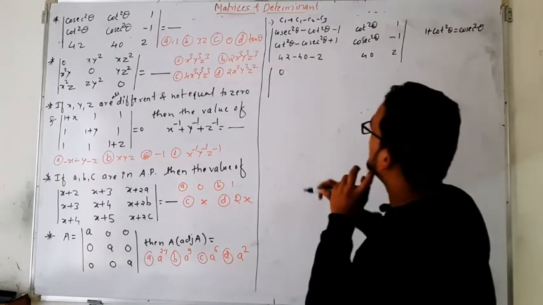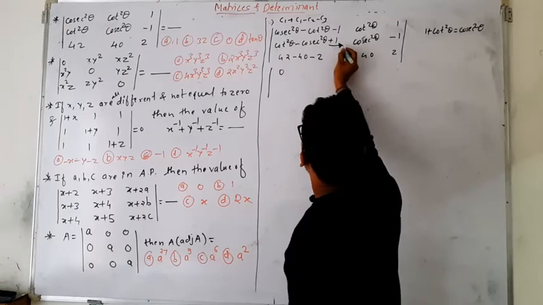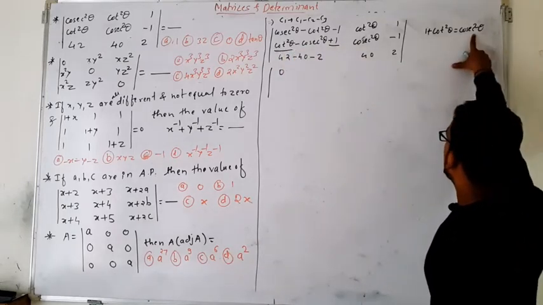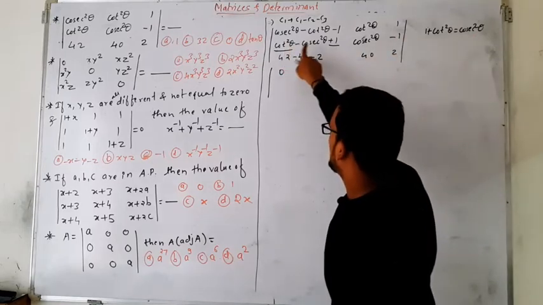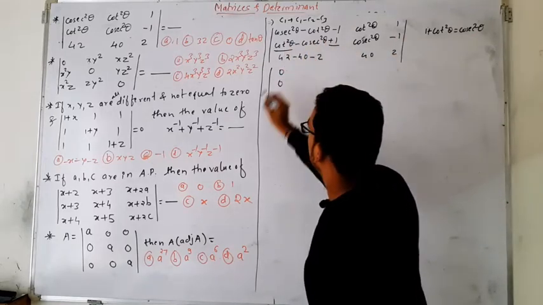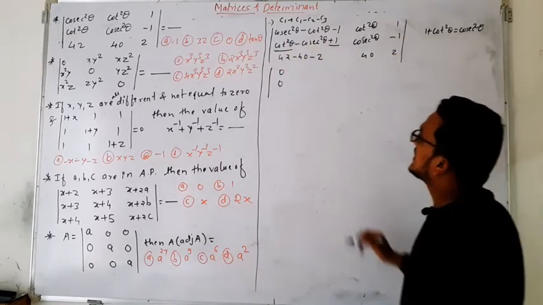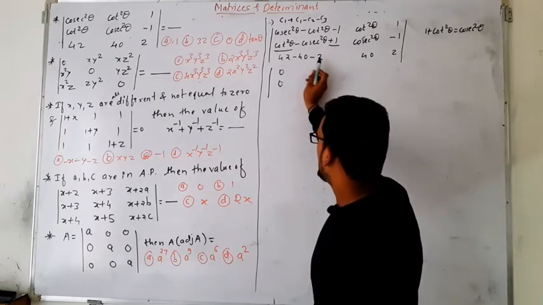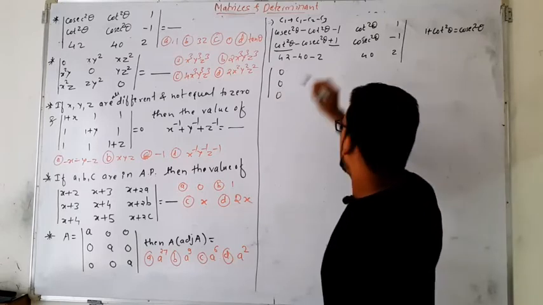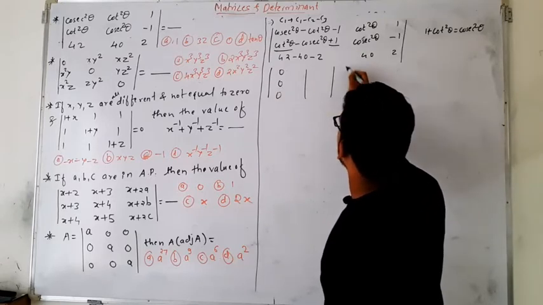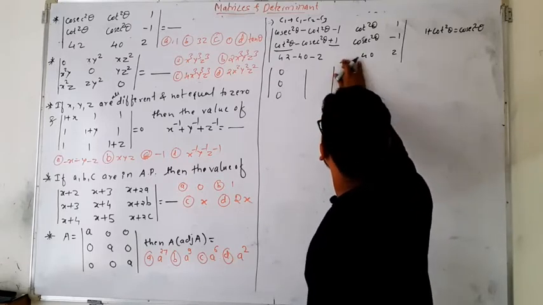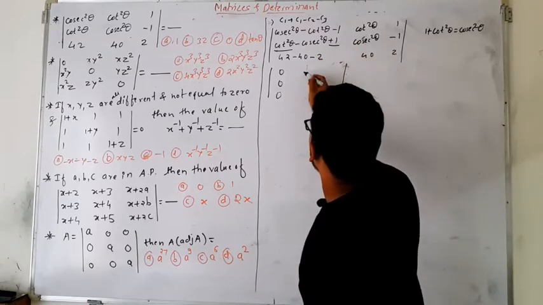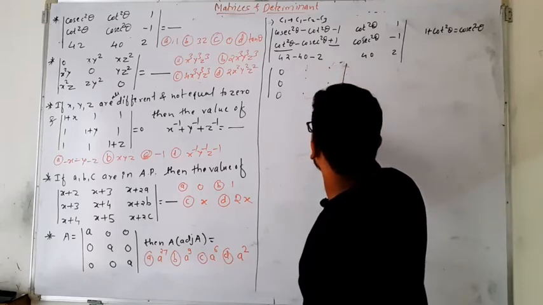Okay. Next, again here also the same. See, this is 1 plus cot square. 1 plus cot square is again what? Cosec square. So cosec square minus cosec square, again it becomes 0. Okay. Next here, 42 minus 40 is 2. 2 minus 2 is again 0. And the remaining terms we have to write as it is. Whatever the terms are there, we have to write here as it is.